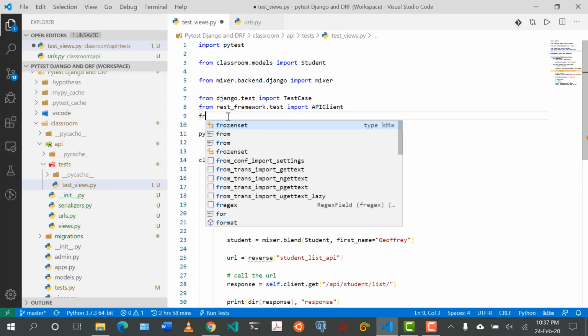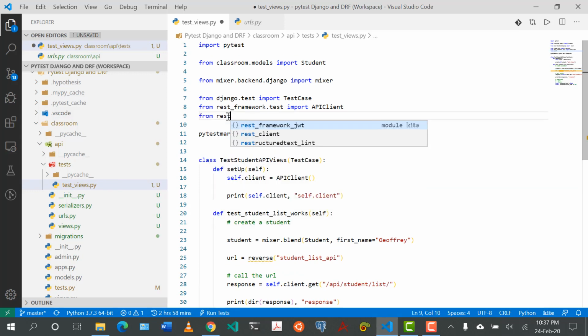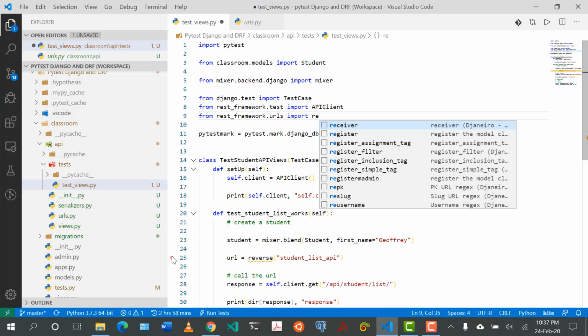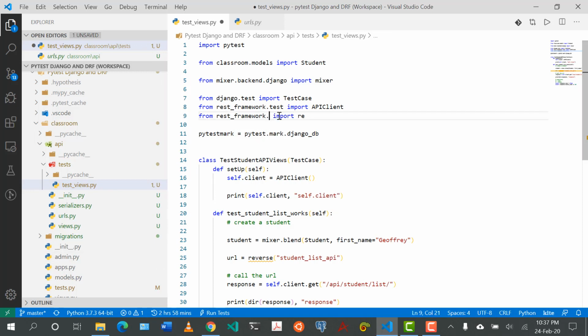So I believe it is from REST framework dot URLs, I hope, import reverse. It seems it's not there. So from REST framework dot reverse, import reverse. Okay,